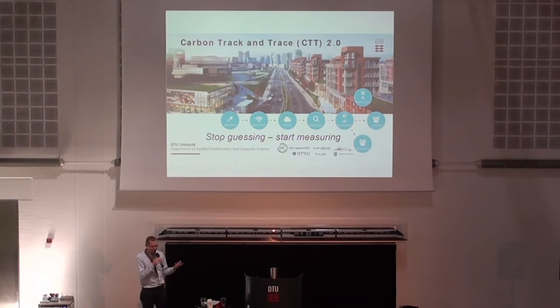They want to document that they actually did something, but without making local measurements, they don't know what they're doing. So what we are doing is to provide an Internet of Things sensor network to measure emissions of CO2 and other things distributed in the cities, combining that with satellite measurements from the ecosystem and maybe other missions as well, and whatever other information that we can get a hold on, do some statistical modeling, some big data analysis, and figure out what is actually the goal there, because what the cities are claiming that they will do is that there is a reporting